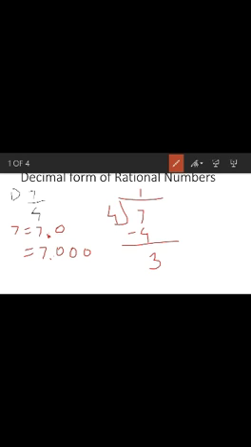So for that, after 1 is there any number, or can we divide 3 by 4? No. So what do we need to do? We need to write this rational number 7 upon 4 in decimal form. We need to add the 0 after the decimal point. Understood why we are adding the zeros after the decimal point? Okay, now we'll do the actual division.